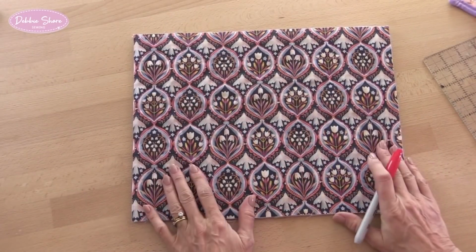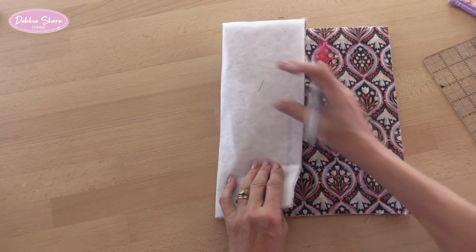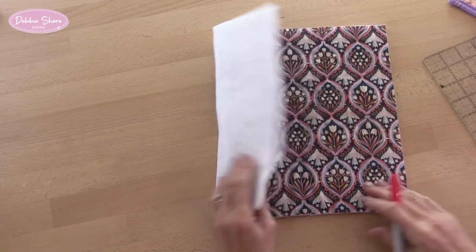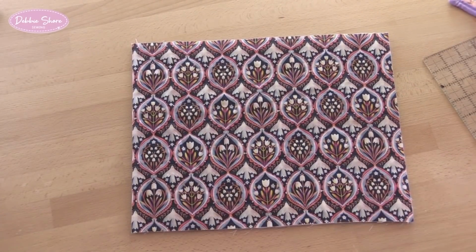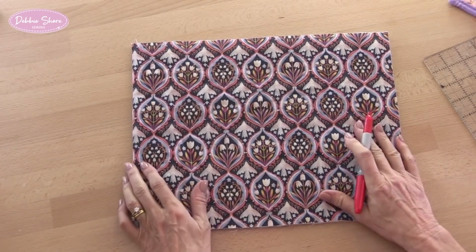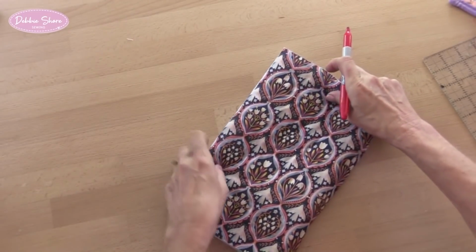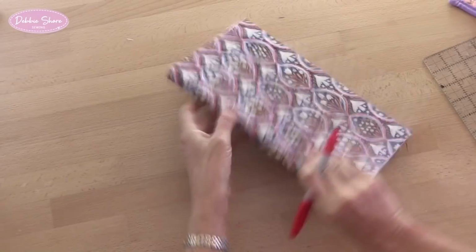I've cut out all of my pattern pieces and I've fused fleece to the wrong sides of all of the outer pieces. So the next thing I'm going to do is to round off the top of the bag. To do this, I'm actually using a Sharpie, which I don't normally use on fabric, but this is so heavily patterned, I really wanted to make it stand out for you. So I'm folding it in half like so. I want to do it from this side,